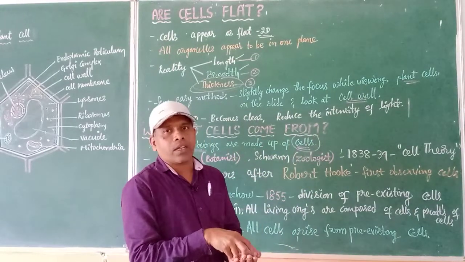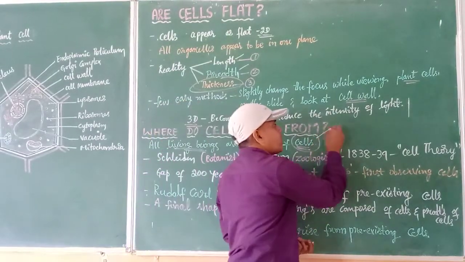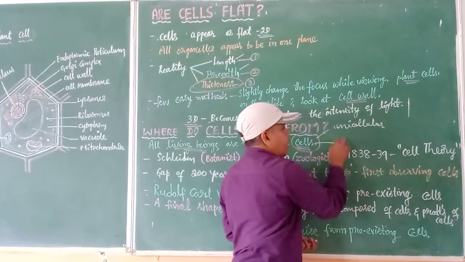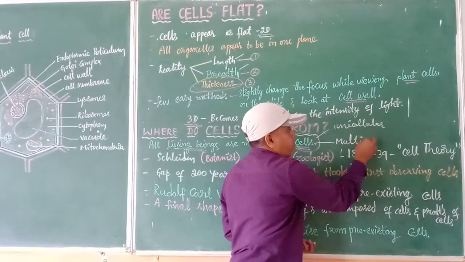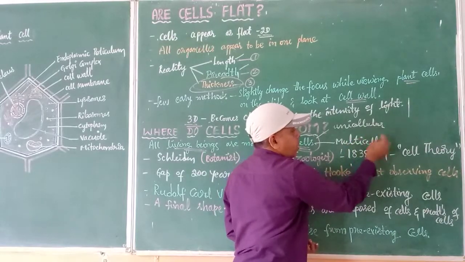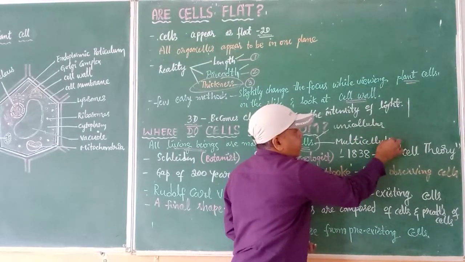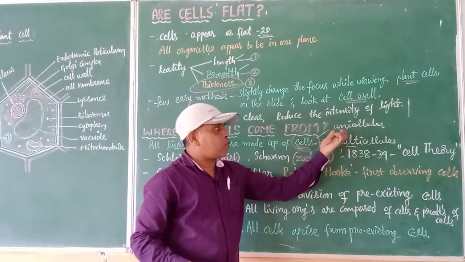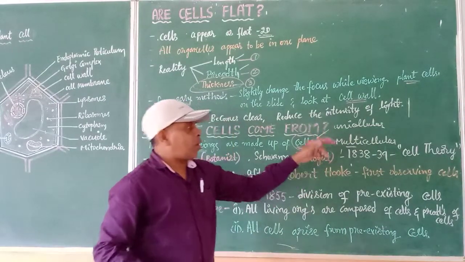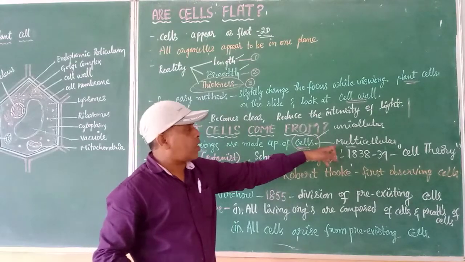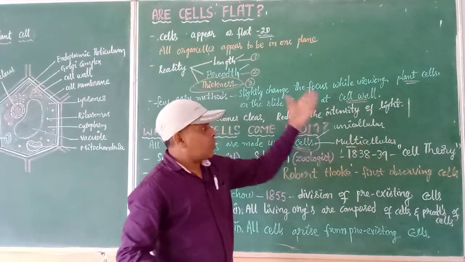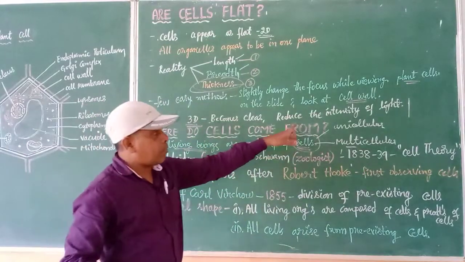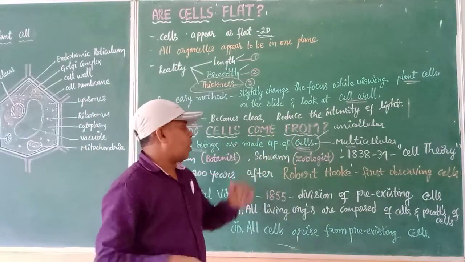If you recall the terms unicellular, single-celled organisms, and multicellular, they are based on the number of cells in an organism. The scientists have told us that there are two types of organisms: an organism made up of only one cell is called unicellular, and an organism made up of more than one cell is called multicellular. Any organism you take should be a living being, so it is definitely made up of a cell or cells.